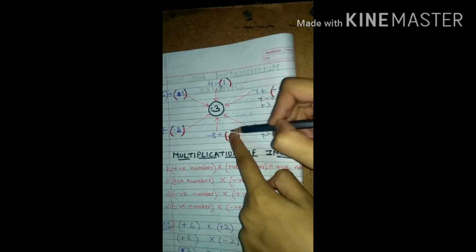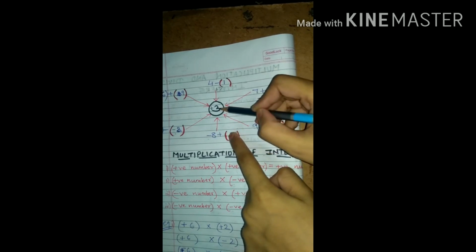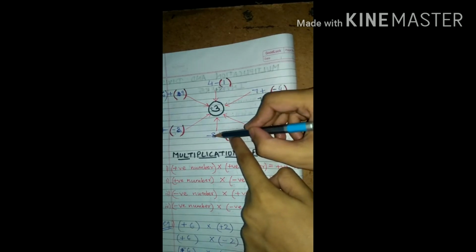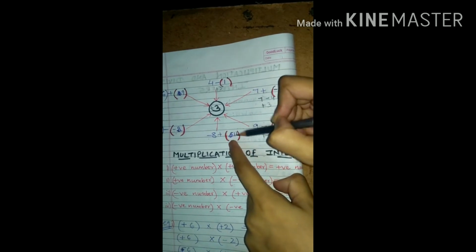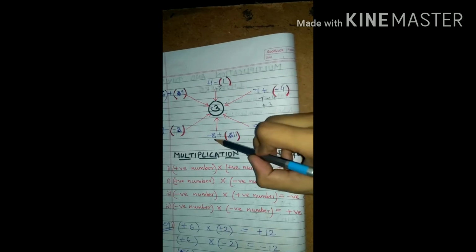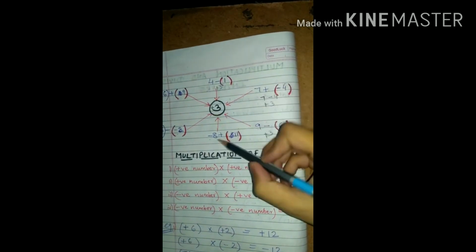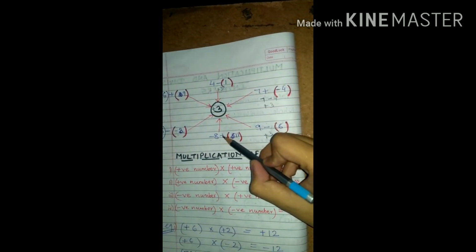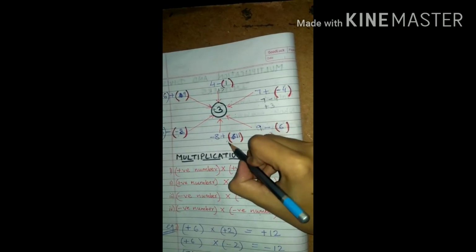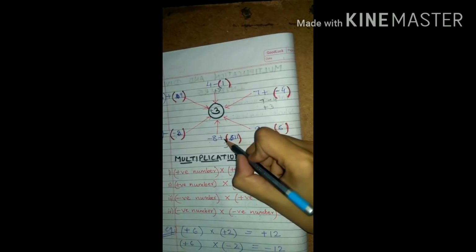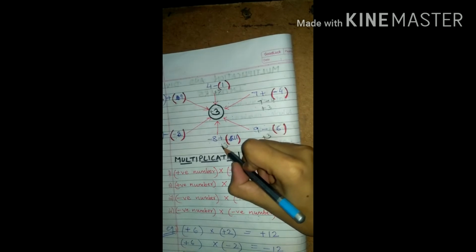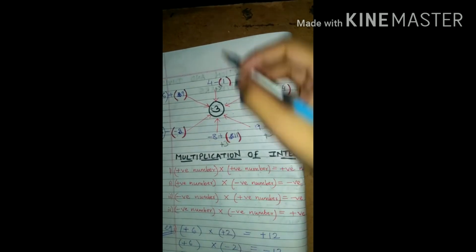See, now minus 8 is given. Minus 8 plus how much number we will get as plus 3? Minus 8, if we take, see, minus 8 plus 11. So how much? Minus plus is what? Minus. So 11 minus 8 is what? 3. And bigger number is what? 11. 11 has which sign? Positive sign. So we are getting plus.